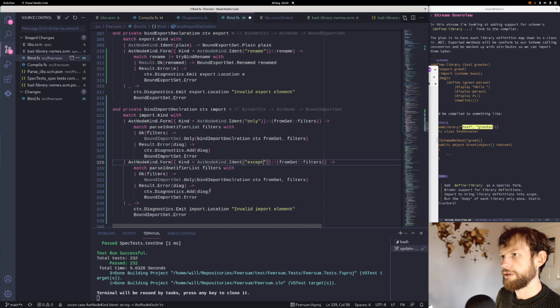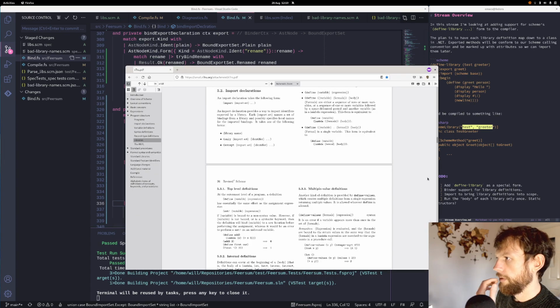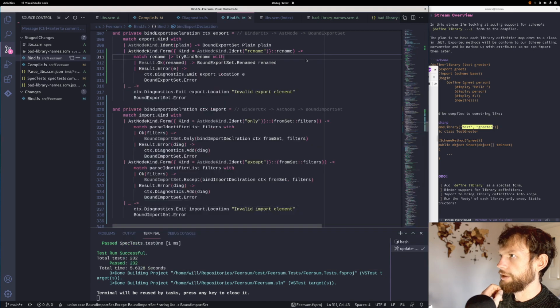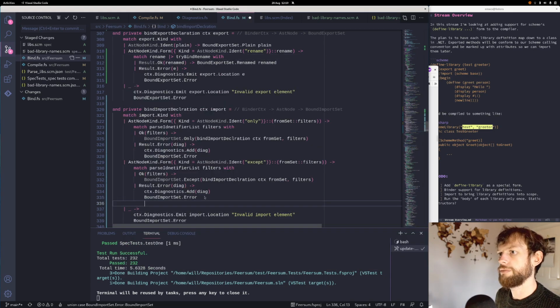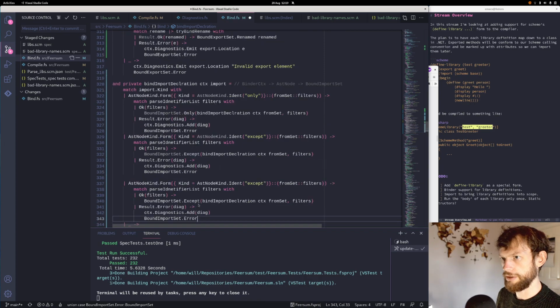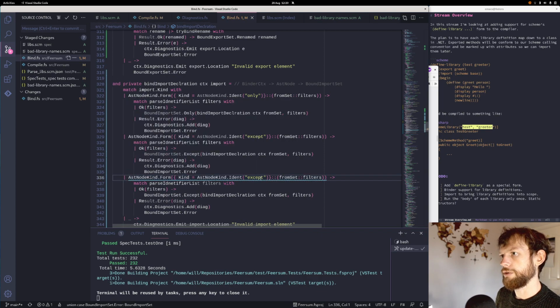So that is except. We also have prefix, which is going to be similar again, but we don't have to use this fancier pattern because we can do if it is